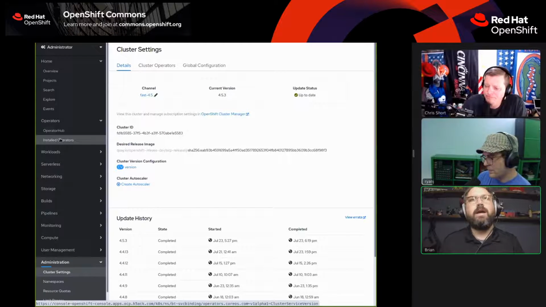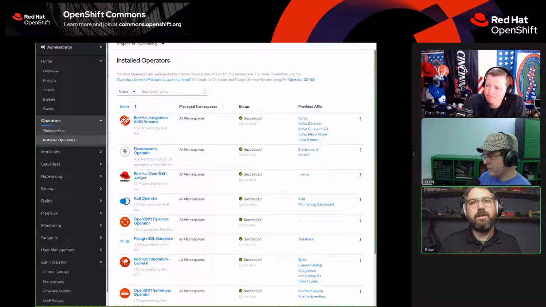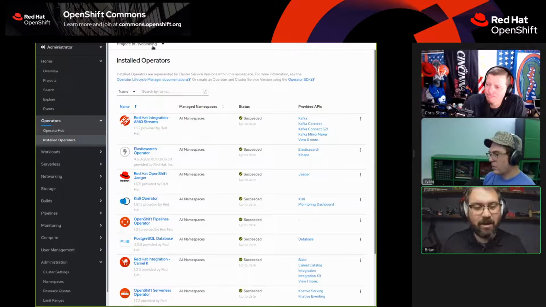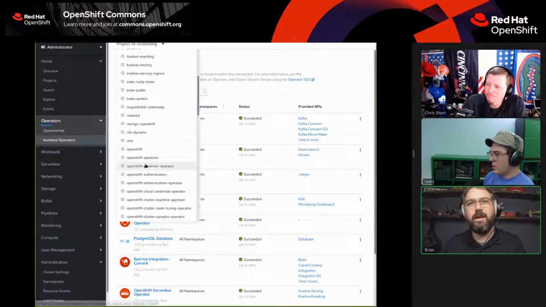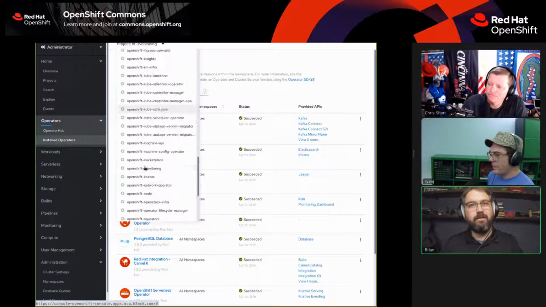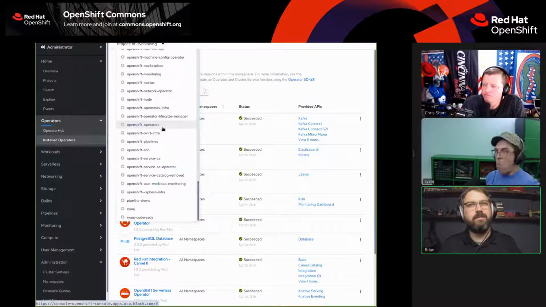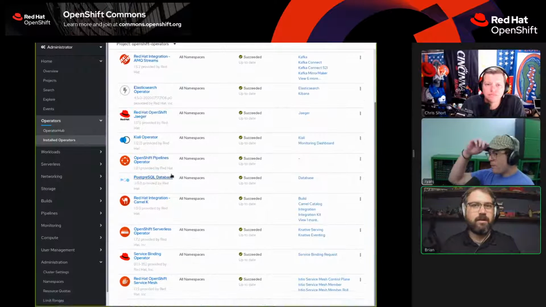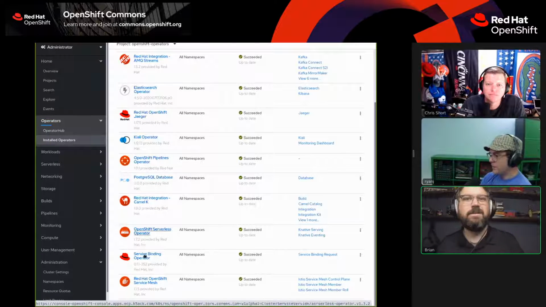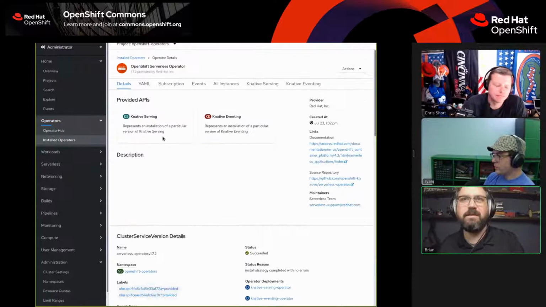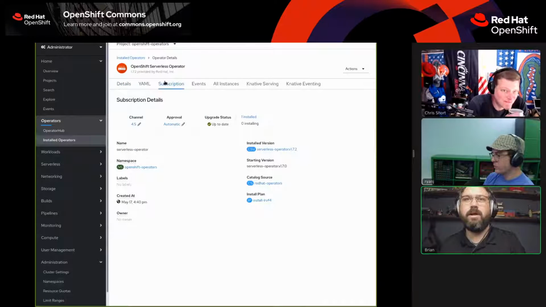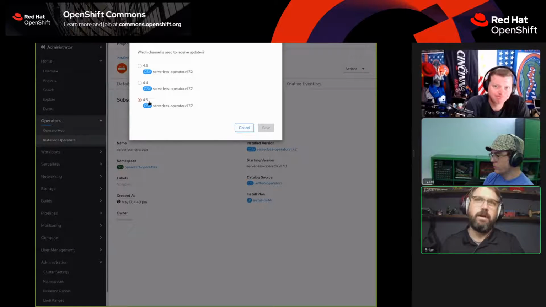But I do have a couple different operators that are dependent on the version of OpenShift that I'm running. So this is something for the admins of OpenShift clusters to watch out for, because I'm not sure how widely this is known. It depends on the service. For example, the serverless operator, just to point one out, has a channel for 4.5 versus 4.4.